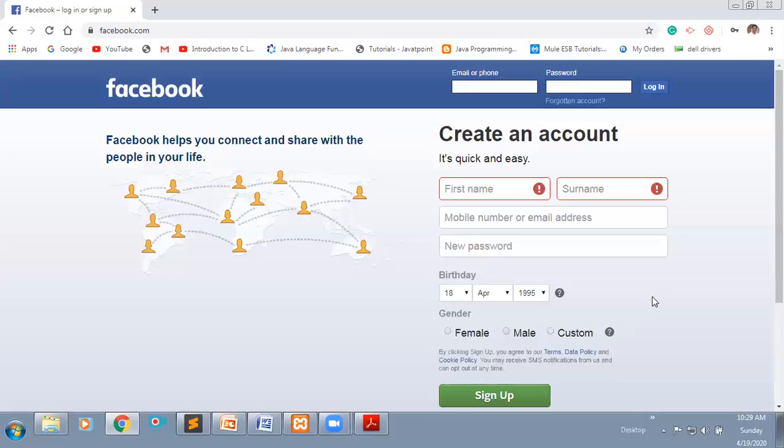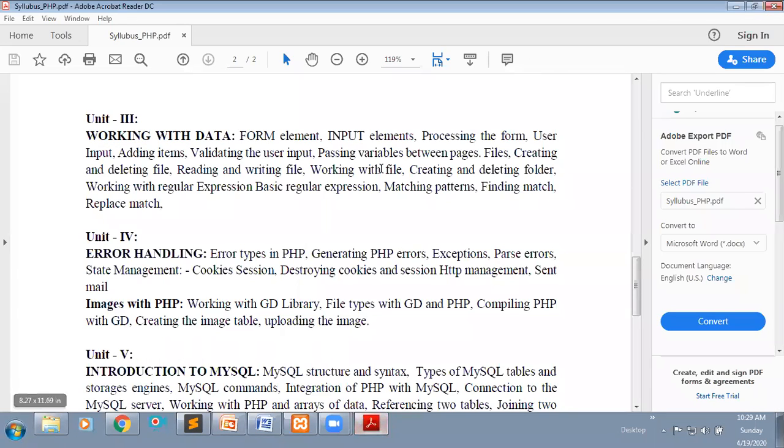Here we'll see what a form is. A form is one element, and within that we have different input elements to retrieve the data from the user. So in our syllabus we have the form element and some input elements.